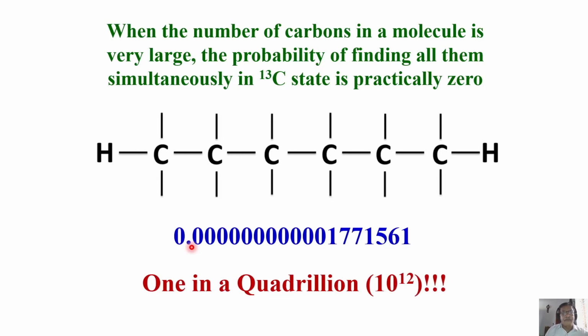The question is, how do we detect carbon 13? Now we will go ahead further. I'll stop for the day. I'll come back tomorrow. I'll tell you more about how we get a carbon 13 spectrum in spite of the fact that abundance is low and the probability of seeing all the carbons in the carbon 13 state in a big molecule is so low or practically zero. So I will meet tomorrow.